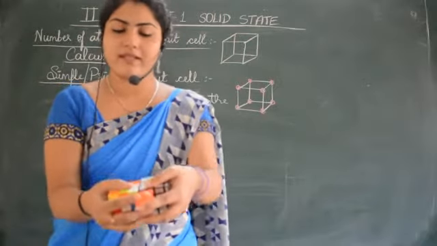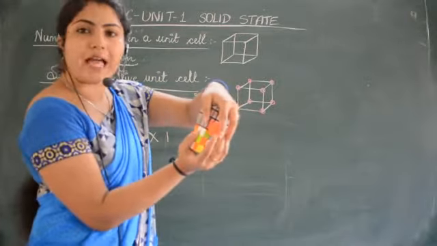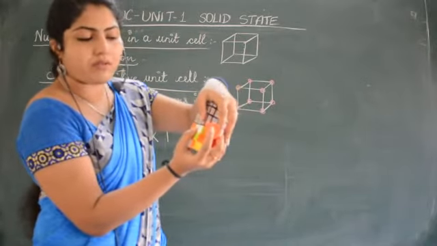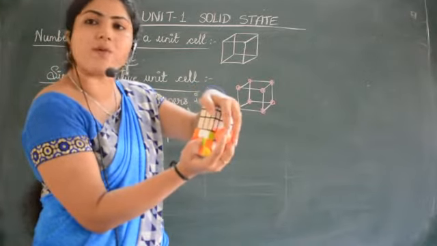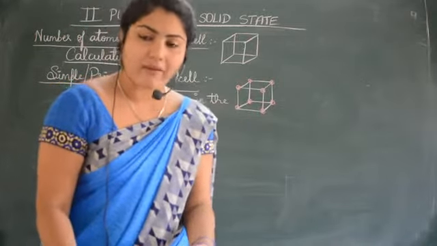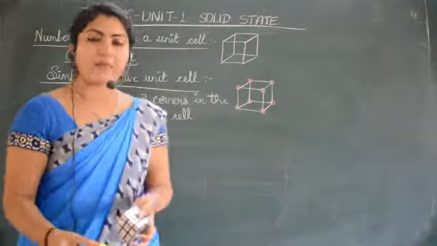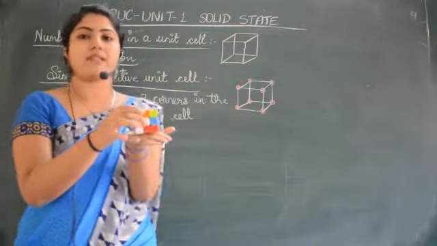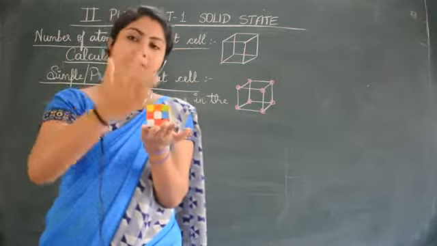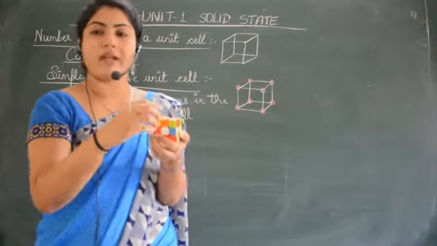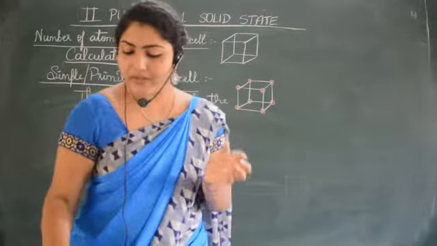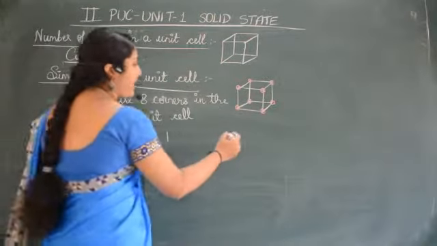So half of this atom, not actually half, a part of the atom belongs to this particular unit cell as well as this unit cell. This is in case of 2 unit cells I am showing. In the same way, in 3-dimensional arrangement, from all the sides other unit cells will be present, and when it is stacked, what about the atom present here? It will be shared by 8 other unit cells. Got it? How many unit cells will it be shared by? It will be shared by 8 other unit cells.